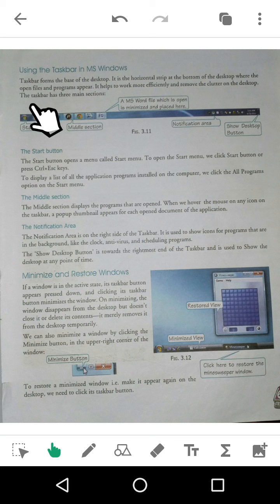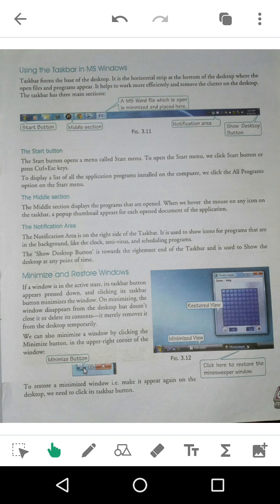So you will just click on the start button. This is not required. To open the start menu, you will just click here. This Control plus Escape is not required. To display a list of applications installed, this is required because this thing was related with this. Sorry.